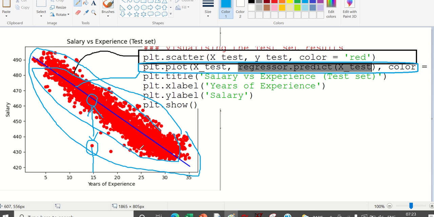See, how many students are there in your class? Maybe 45. If 60% or 70% have understood the concept, the class will continue, because most of you have understood.